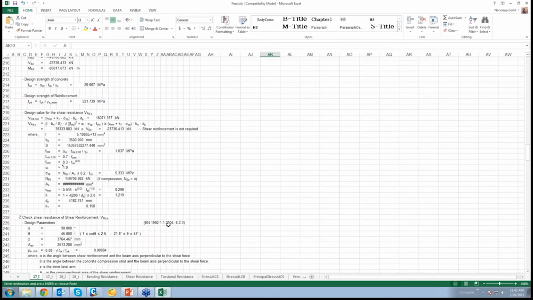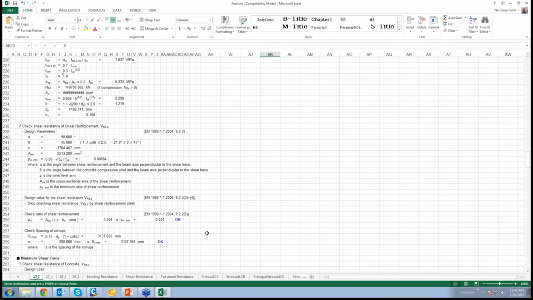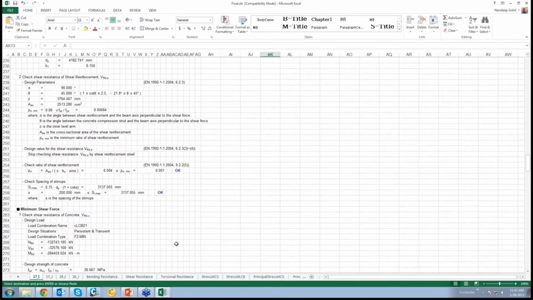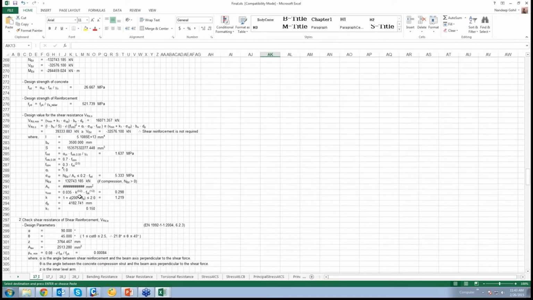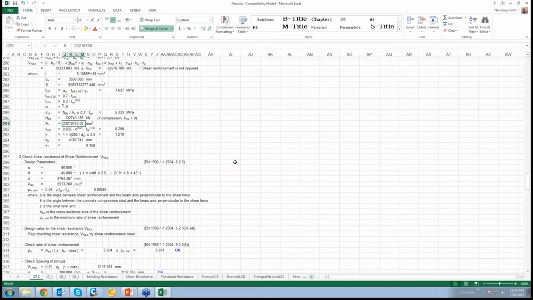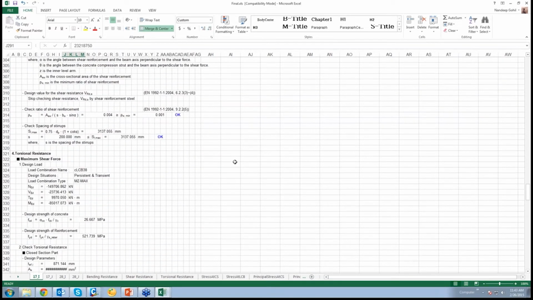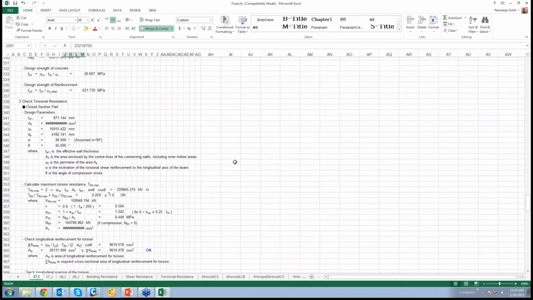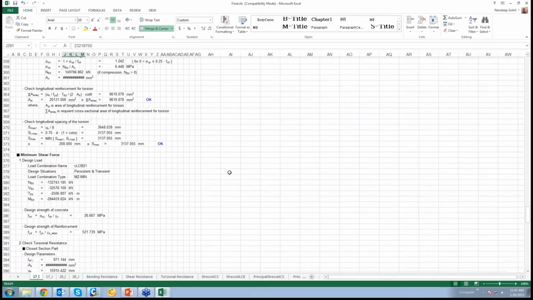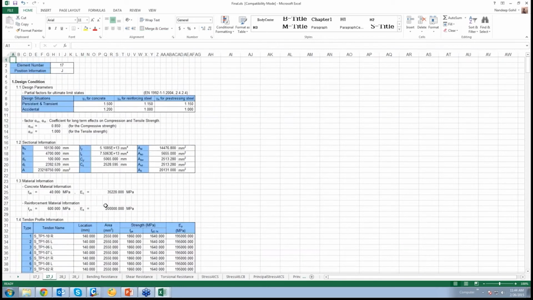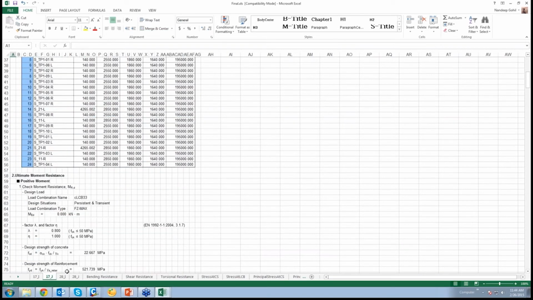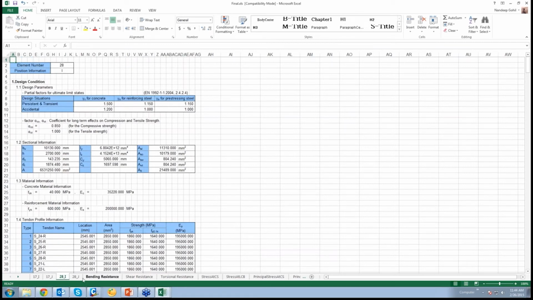Similarly, a check is made for shear, and the depth required and everything, all the calculations are shown. This is the area of concrete, area of steel. Okay, so this is for section 17 at the I end. Similarly, the results are shown at the J end for the 28th element.